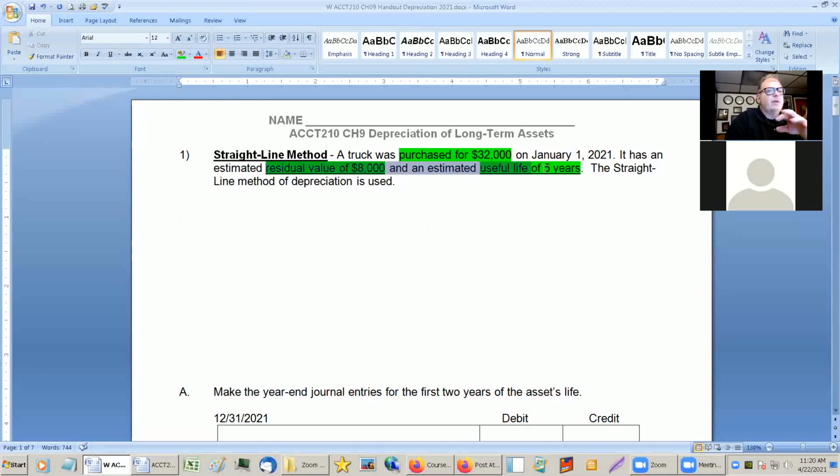and here's the question. I'm going to just get rid of the underlining there. How much